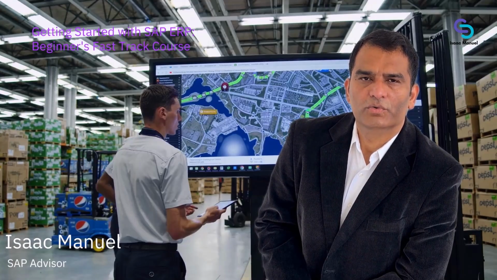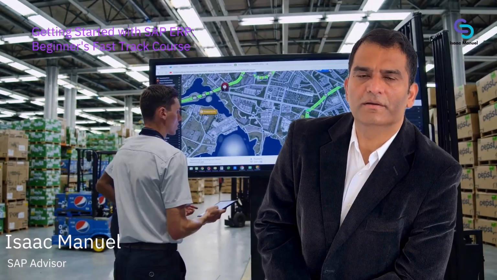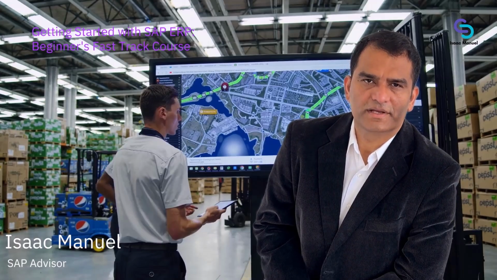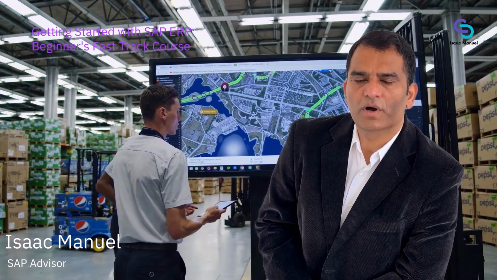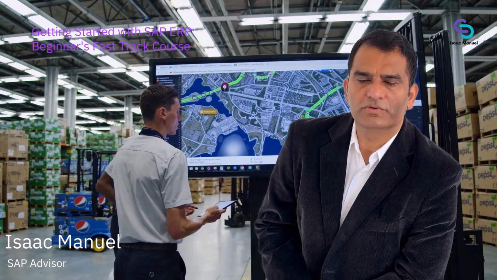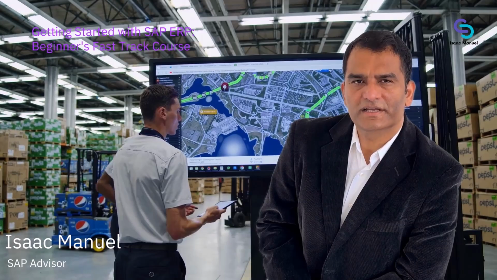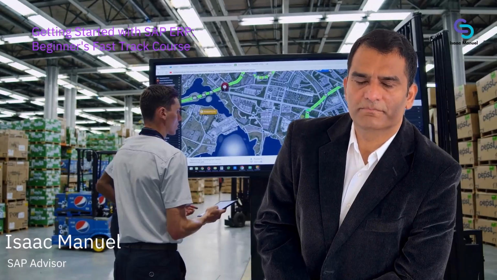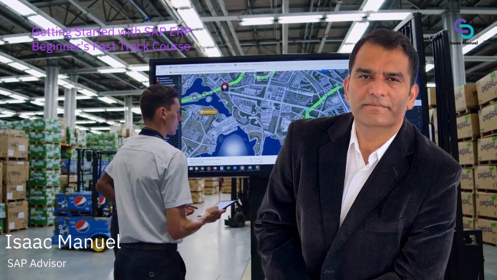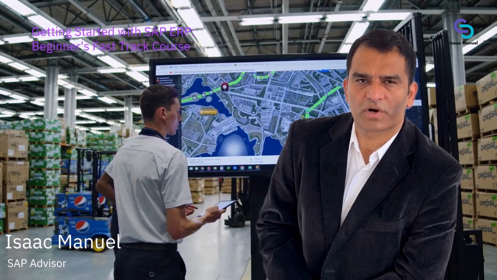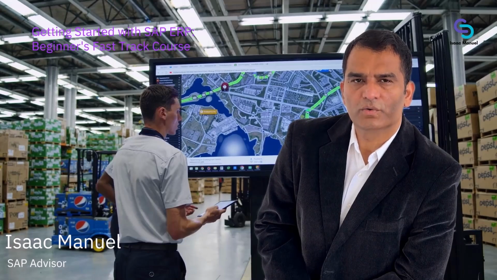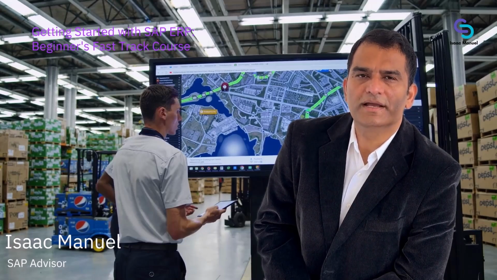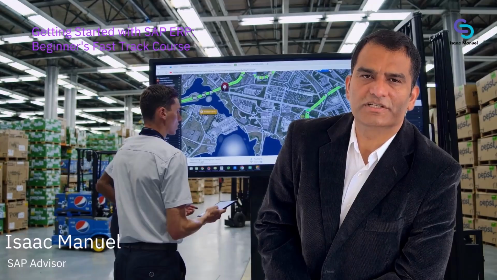Now think about your own role. Are you confident locating and reviewing material master records? Do you know how to read the planning and procurement views? Could understanding this data improve collaboration between your team and others? Let's begin by walking through the material master display process and explore how this data supports efficient, informed decision making